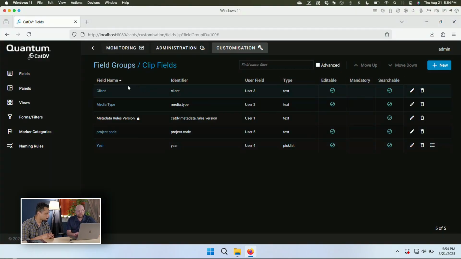Like, is there a way to do that? Yeah, when you do your searches, it's very common to search against this information. So when we do a search, we'll search for everything that has a certain media type. So we'll search for all the narrations, all the customer shots, things like that. But all this can be searched against.